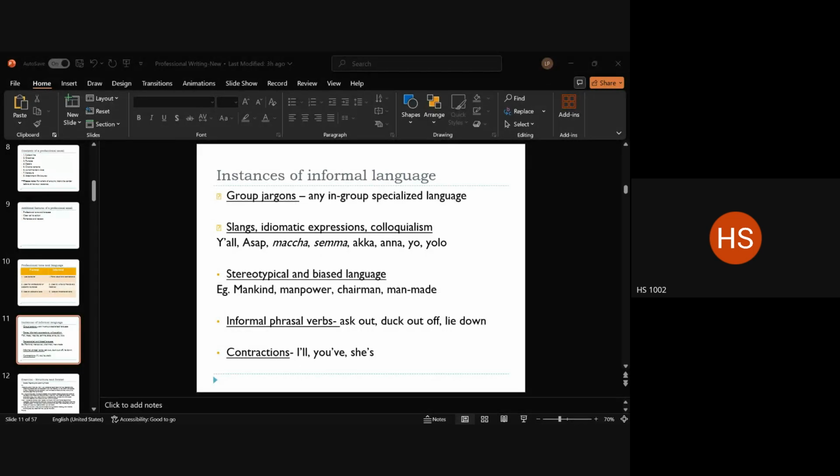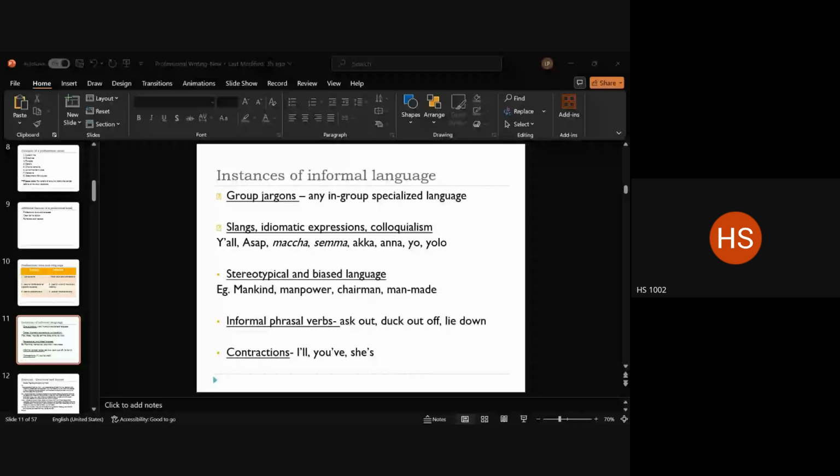So in professional writing, especially in emails, because they contain salutations in their format, make sure that you're not using anything that is weird and vague, something that is not meaningful to the reader. So that is one example of slang, idiomatic expression, colloquialism.